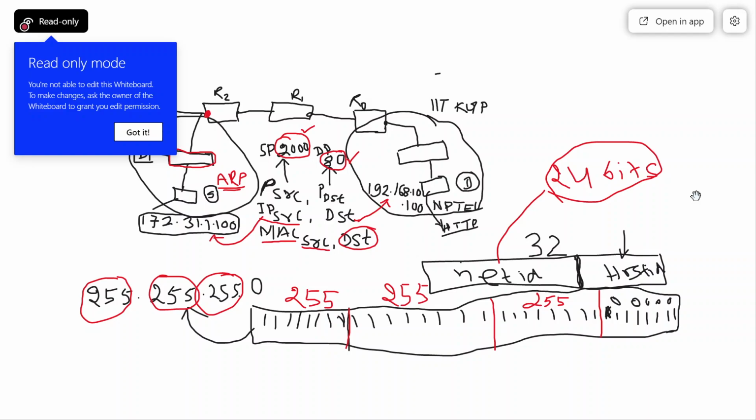So we do not need to take any help of the default gateway.